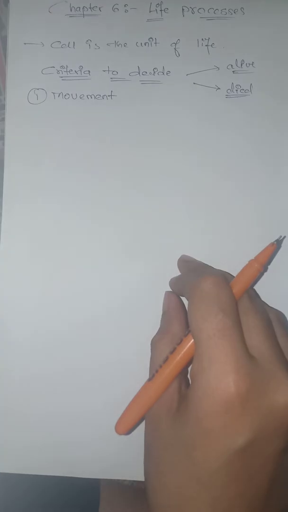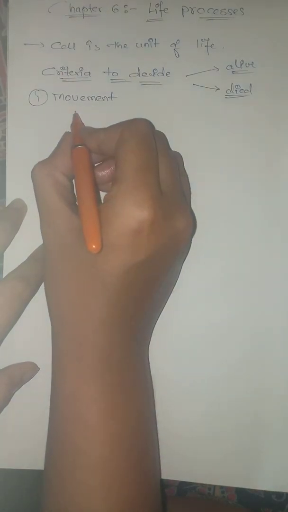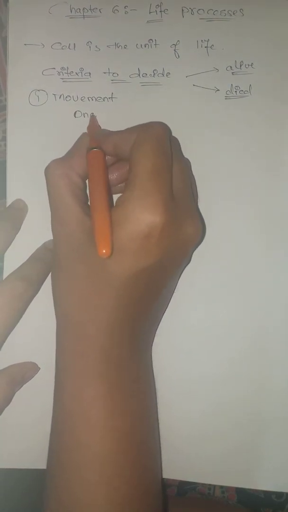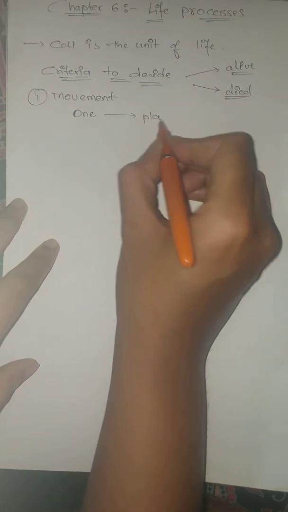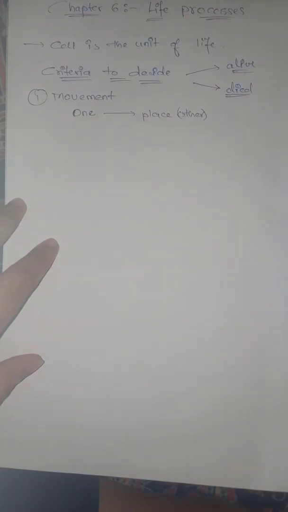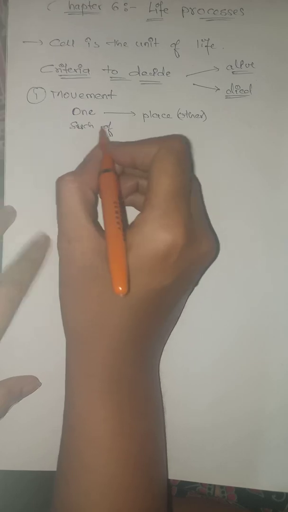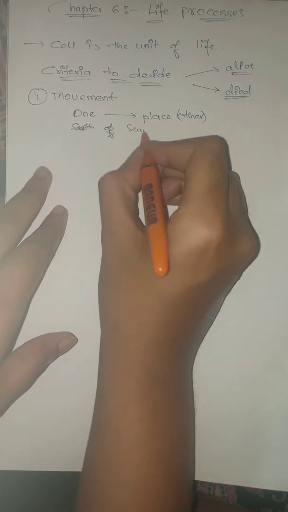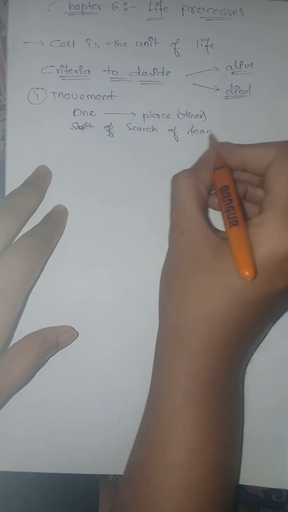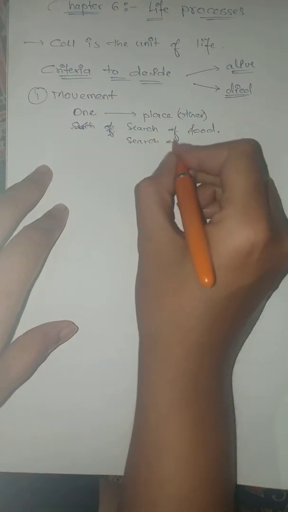If a person or a living organism is capable of moving from one place to another, that is what we call movement. And this movement can be for the search of food, the search of shelter,